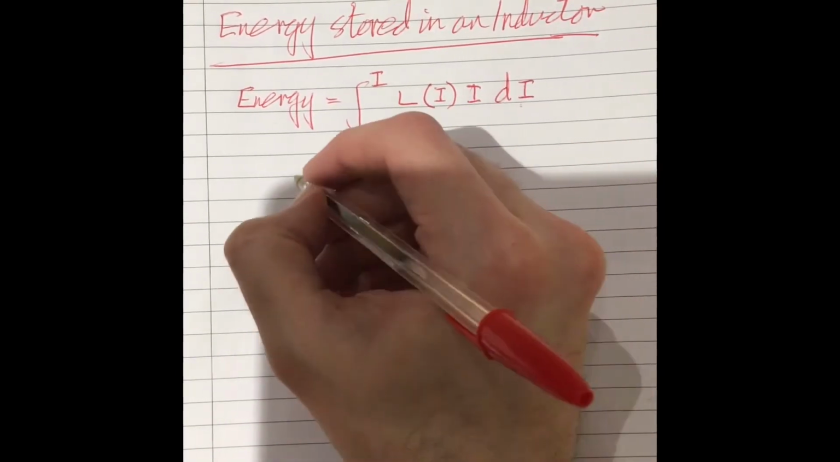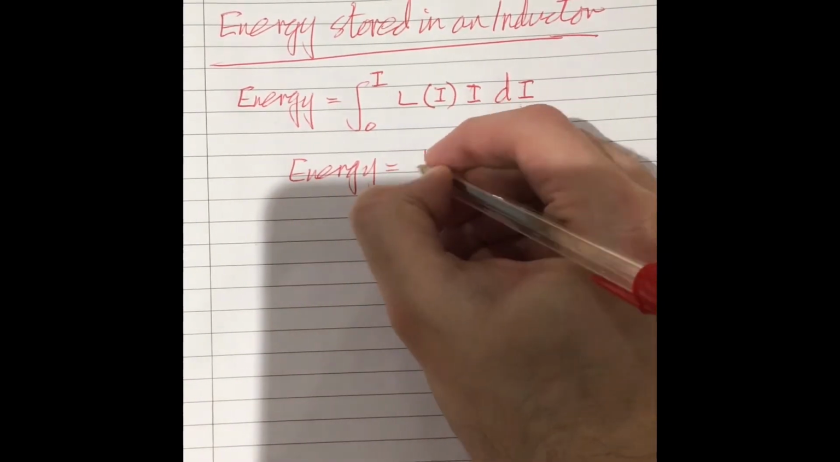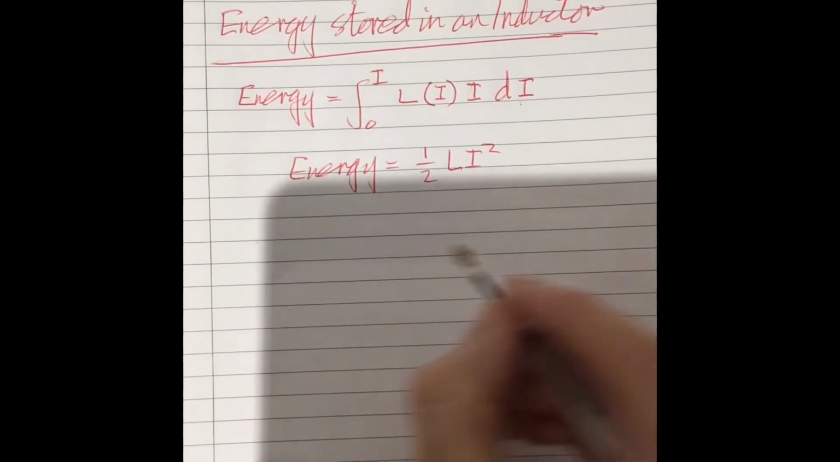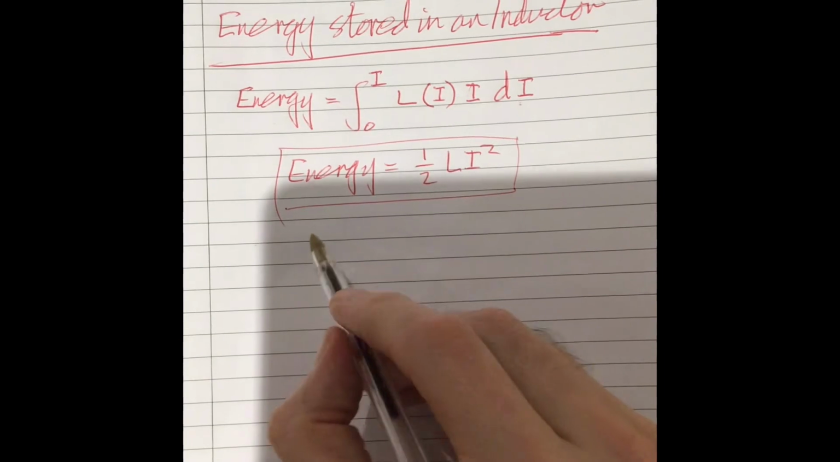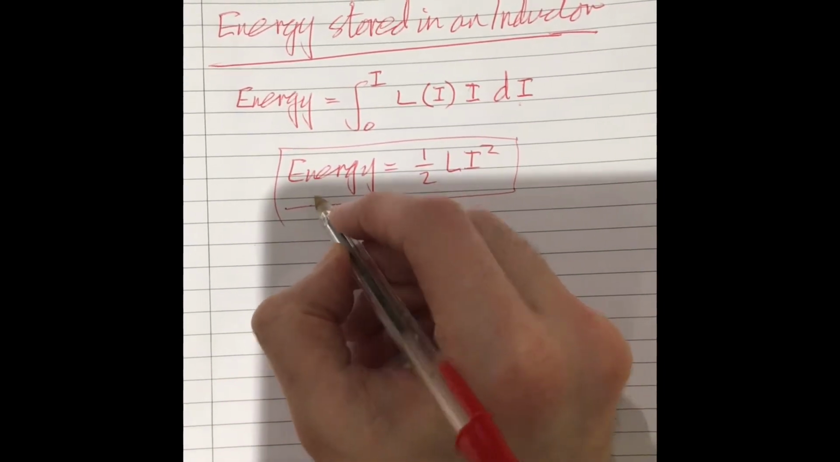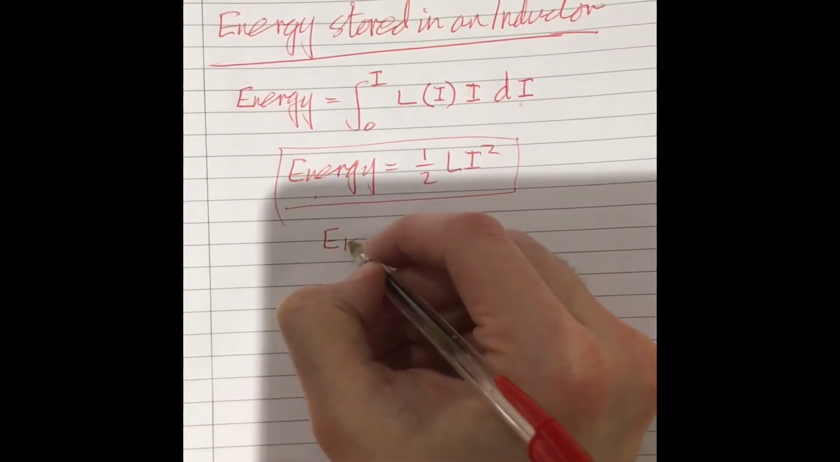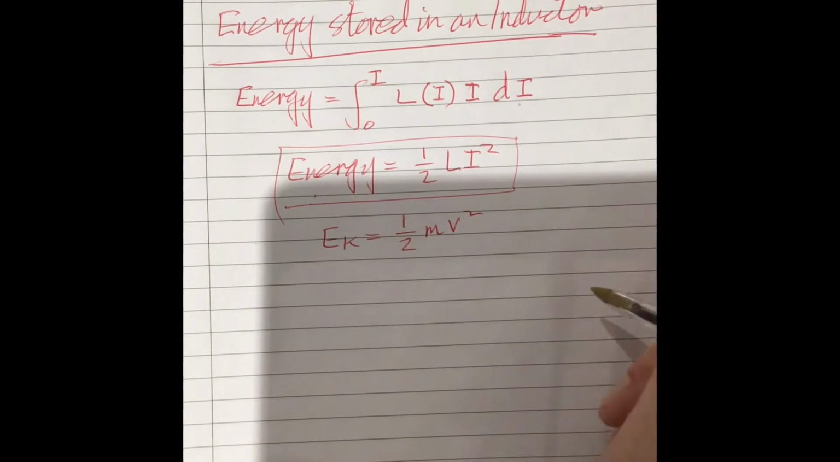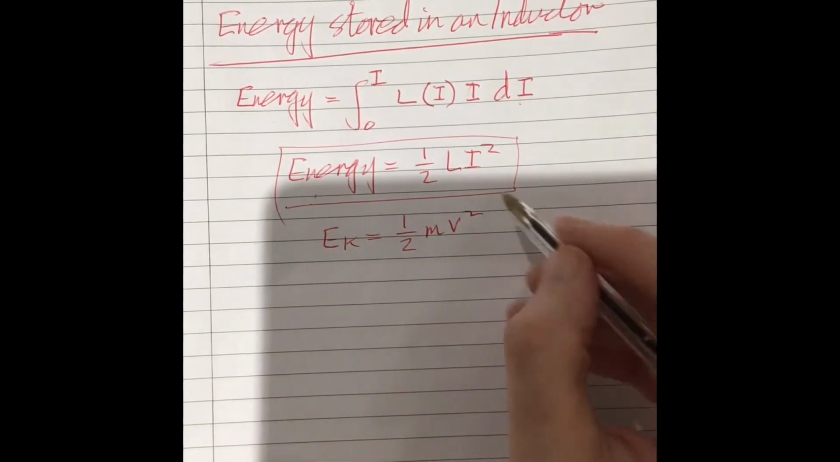Anyway, the point is, when we do the integration of all of this, what we get is that the energy is equal to a half L I squared. You want to remember that. And what I like about it is that that's the energy stored in an inductor coil, and it's exactly the same format as the kinetic energy formula, a half m v squared, which certainly is a very pleasing symmetry, because this